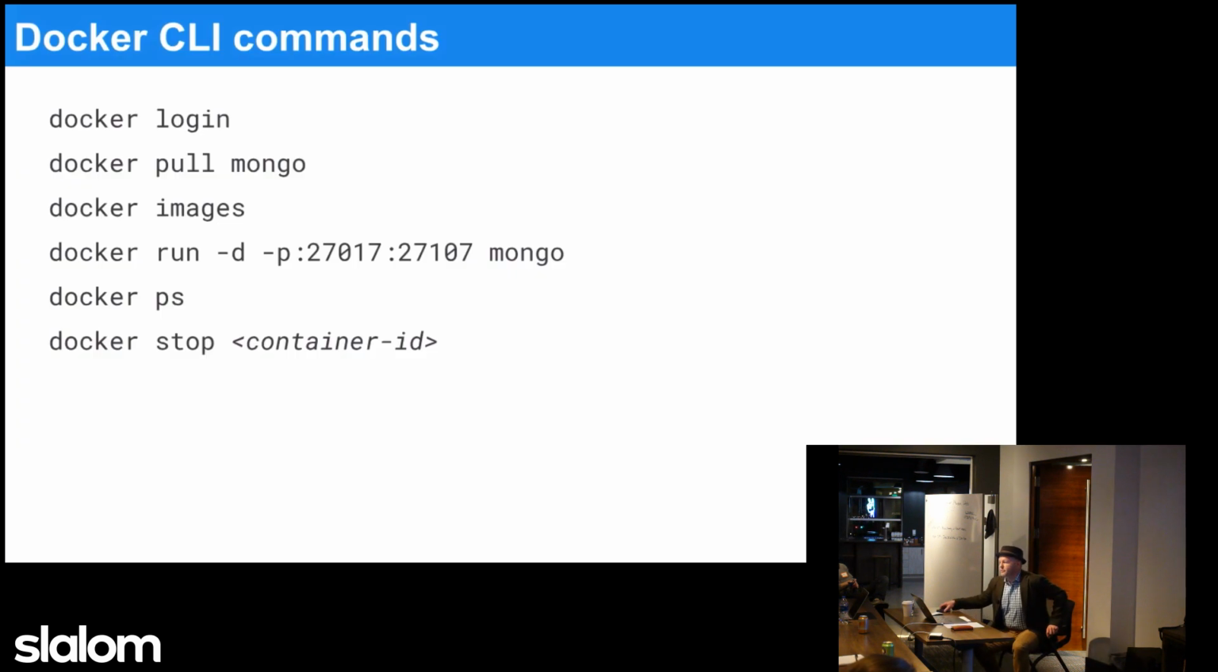So that's pretty much all we did, those commands got us up and running with Docker. When you get the hang of Docker, you wouldn't want to work any other way. All right, so